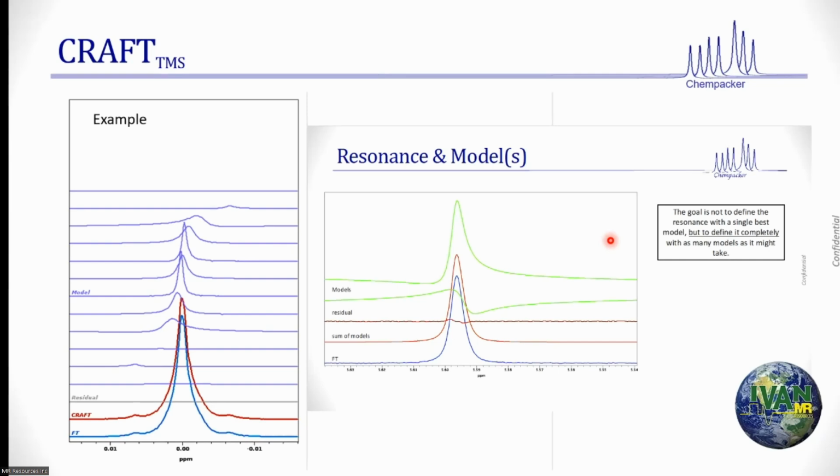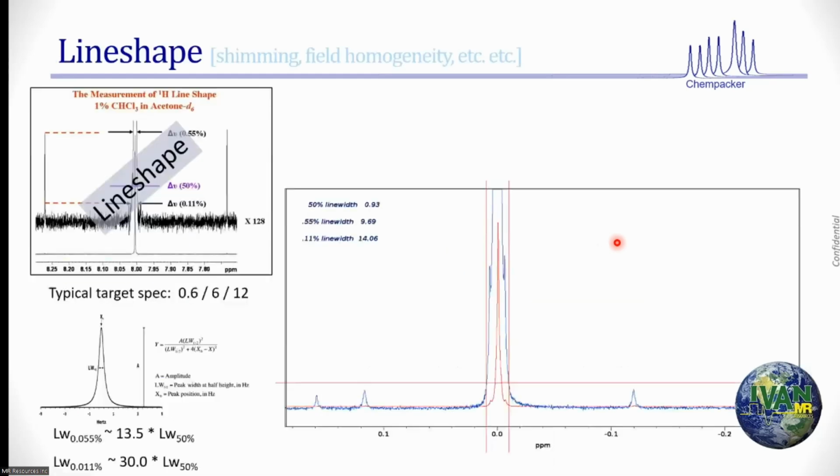Unless you're doing something in the middle of the acquisition, then all bets are off. You're not doing anything in the middle of the acquisition. It's just a free induction decay. So when I say describe it, it describes it like this, as an example. This is a different example. So what is the problem? The problem is the line shape. When we said the line shape is 0.6 over 6 over 12 is a spec, that's not a Lorentzian spec. I got this picture,